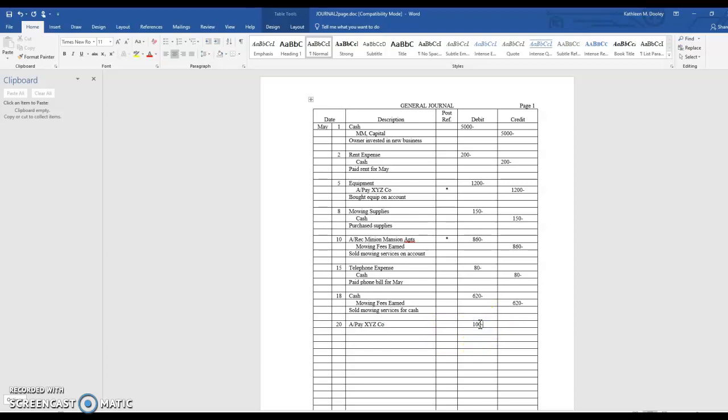Where we made a payment on that equipment. Paid out cash. Okay, again, we would probably have an invoice number. What invoice are we paying on? Okay, but here we only have the one. Okay, so again, every time you have a